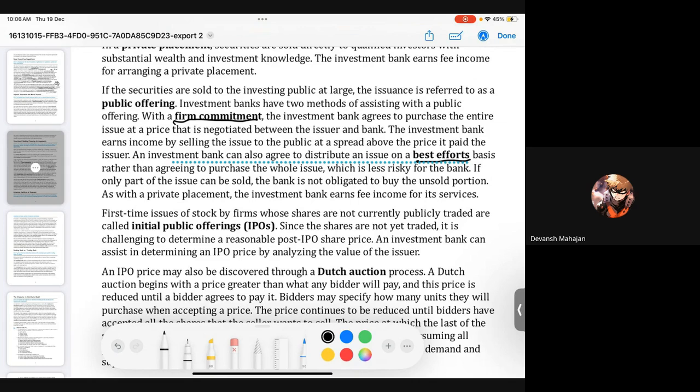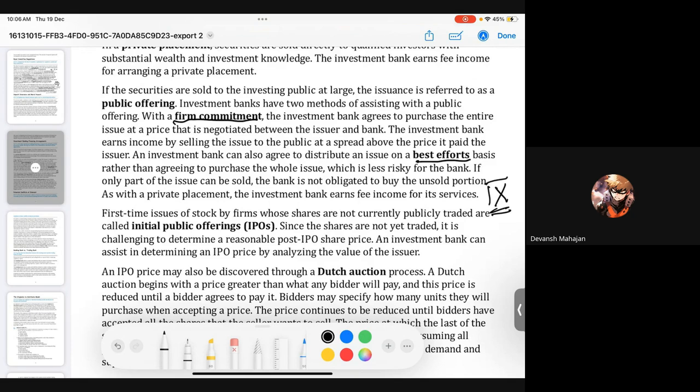Firm commitment में क्या होता है? Firm commitment में a price X is determined. A price X is determined between the investment bank and the business. They determine the price X, and any shares that are not sold or that are not subscribed to,